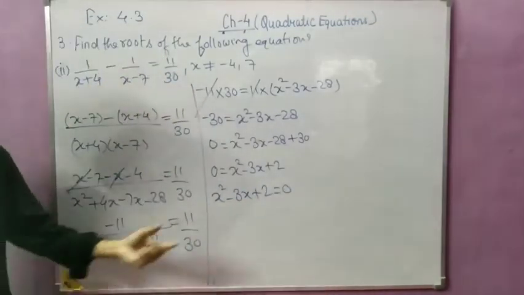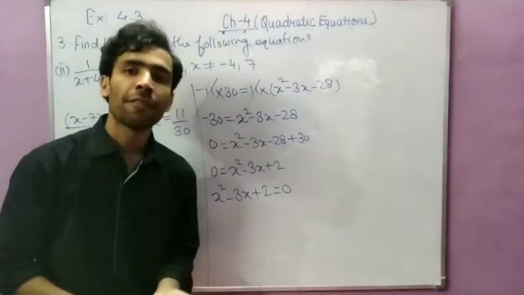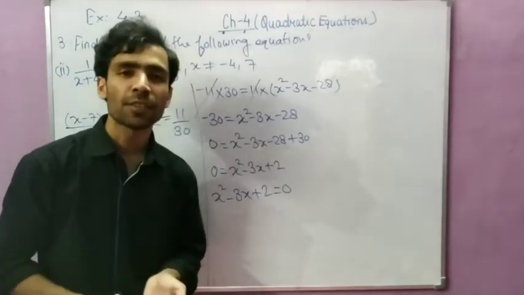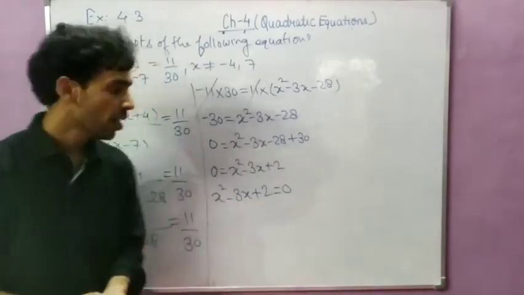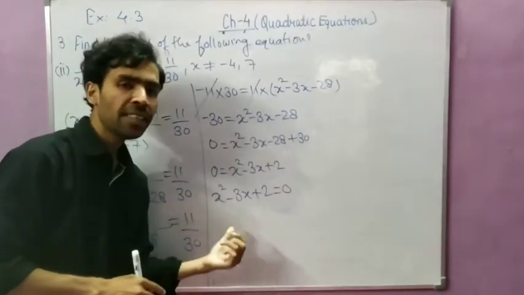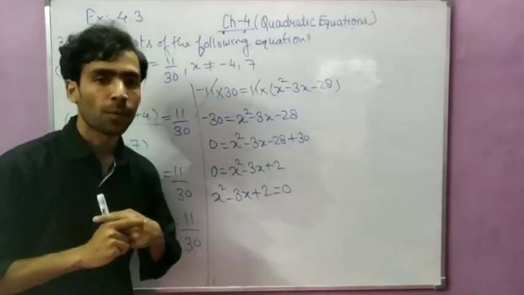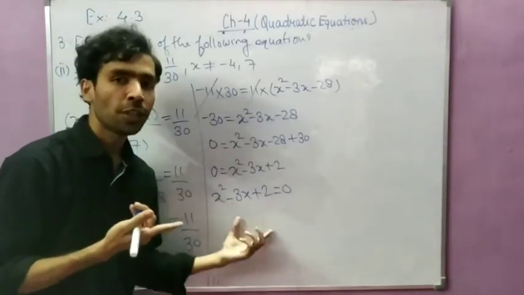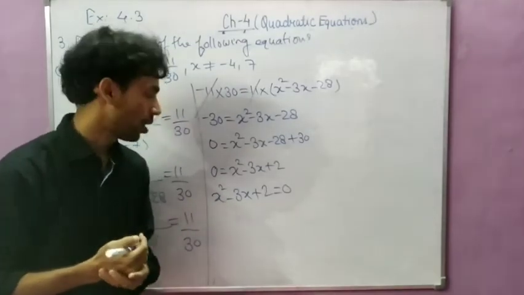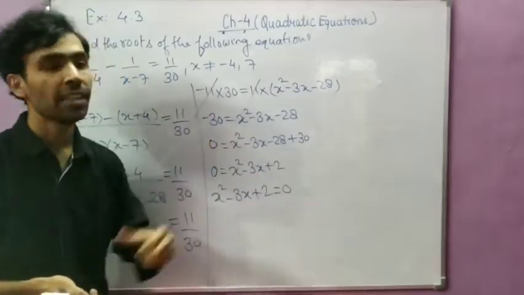Now again we form the quadratic equation, so you can solve it by any method, either by factorization, or by completing the square, or by the quadratic formula. So here I will solve this by, in this question the factorization method and quadratic formula both are simple. Okay, so which method you want to use, you can use it. So I think here we can use factorization method because it will factorize. In the previous part it will not factorize.